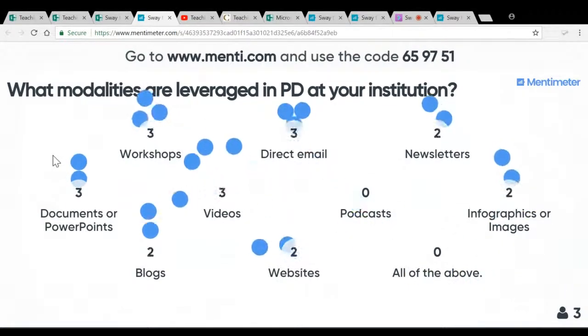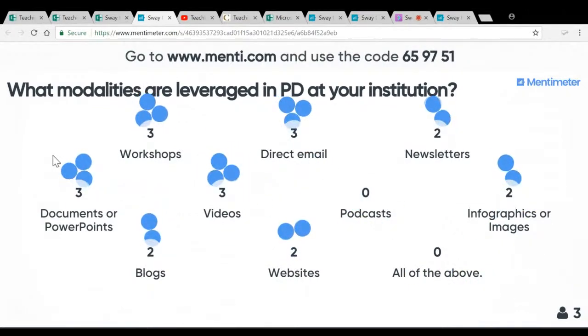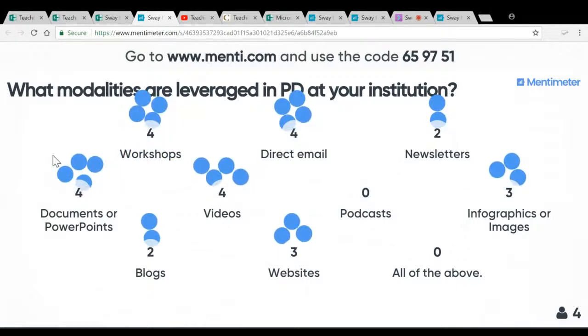I kind of like these little globes. Yeah. So lots of documents and PowerPoints. Workshops are a pretty reliable go-to. Direct email, videos, some websites floating around out there. Infographics and images are certainly gaining a lot of popularity and traction. What I'm kind of curious about is